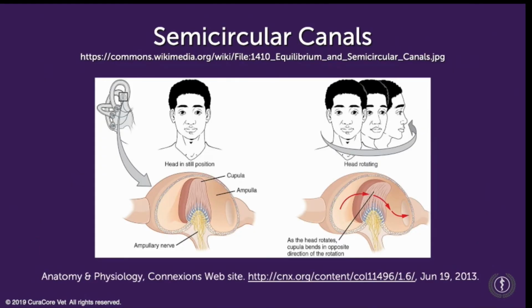So here we have on this diagram, if we enlarge the ampulla area, you'll see here a receptor, and it's called the cupula, and this is a gelatinous kind of cap on top of this hair cell. So when the head is rotated, you'll see how fluid then swooshes over that cap and moves those hair cells, and that's what causes signals to the brain that help with balance and equilibrium.